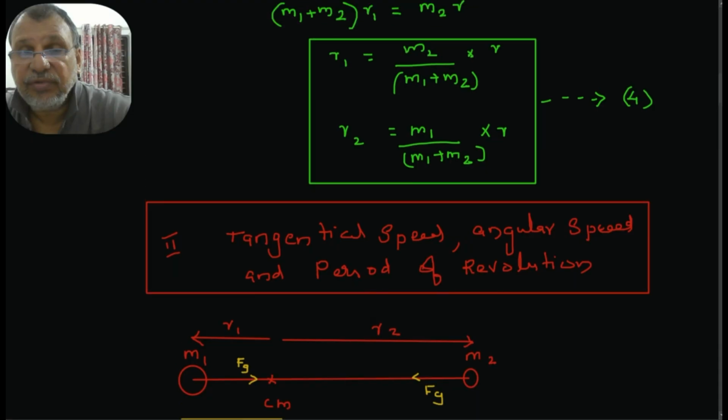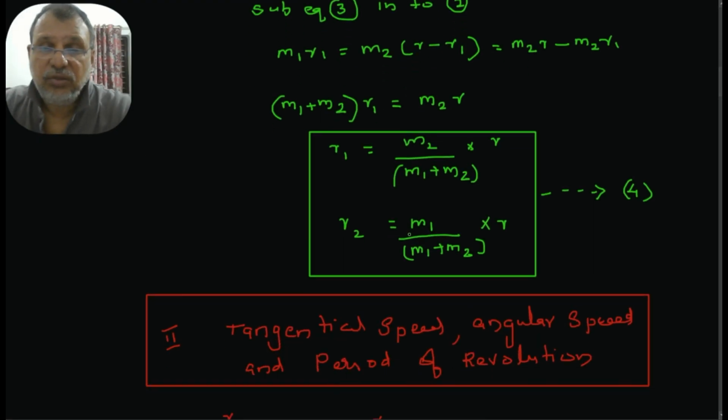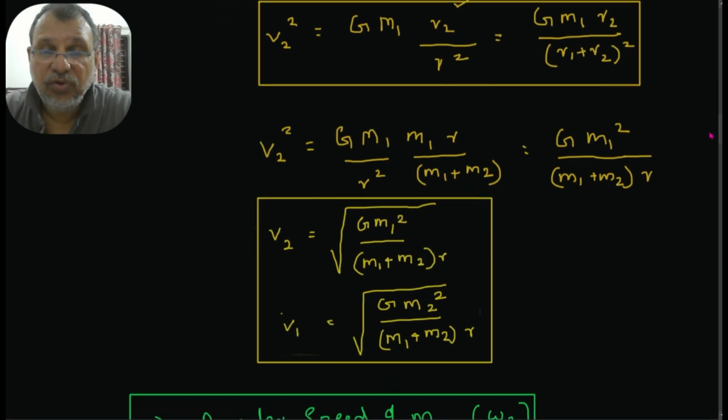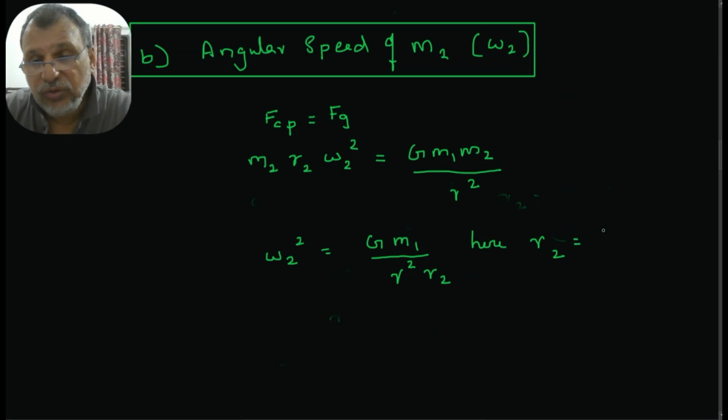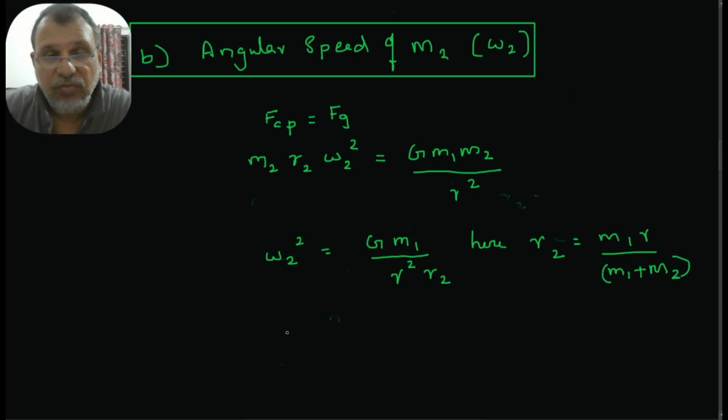We have that equation at the beginning: R2 is equal to M1 R over M1 plus M2. So you can substitute that value if you want. Instead of R2, you can write M1 R over M1 plus M2. So you substitute that value, you will get omega 2